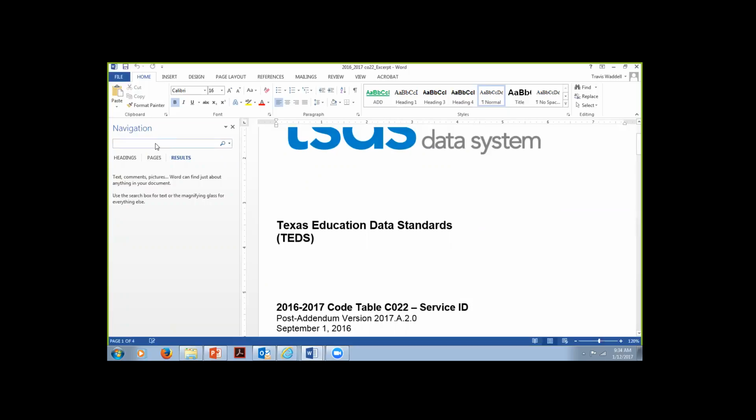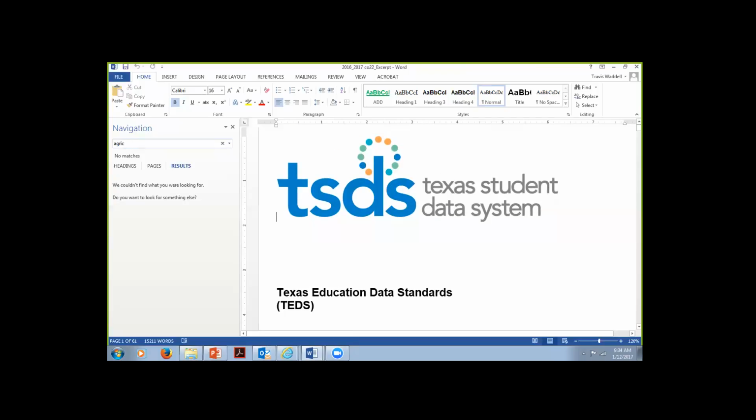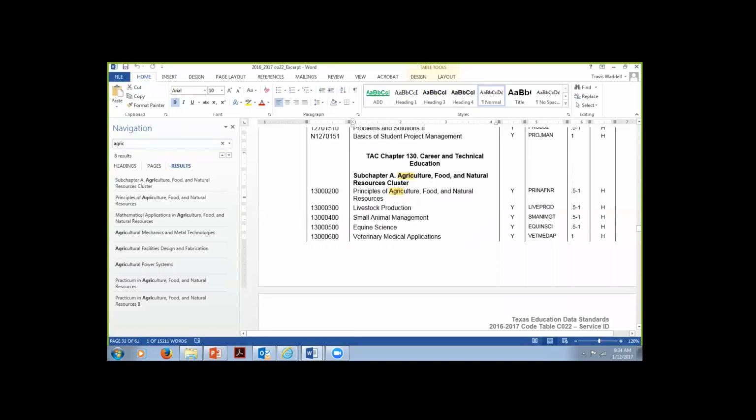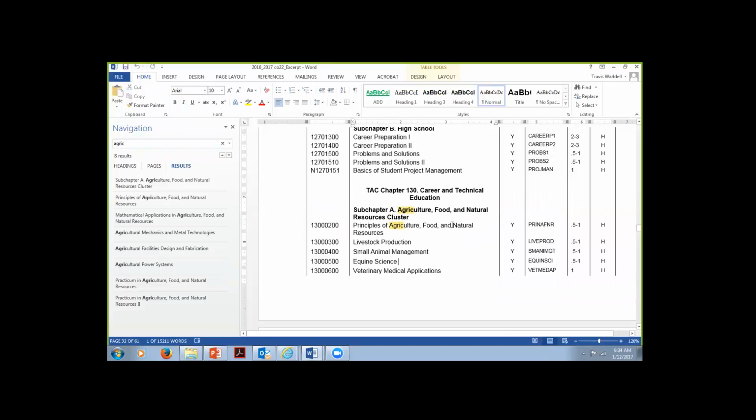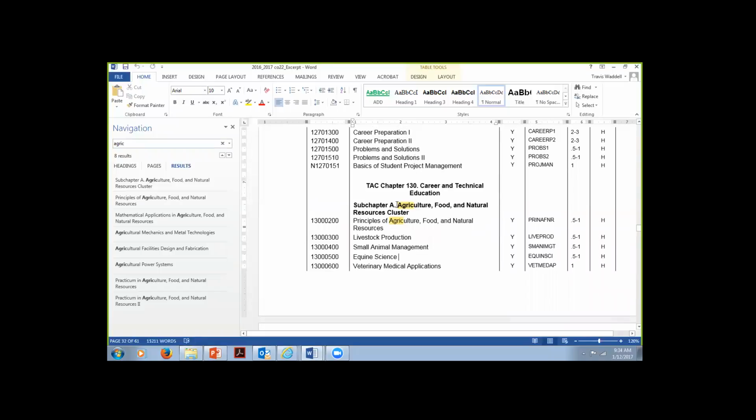Say we wanted a teacher that was going to teach agriculture, we were wanting to teach an agriculture class, for lack of a better term. So if we wanted to teach principles of agriculture, food, and natural resources, the reason I like to use the CO22 is it tells me that it comes out of subchapter A. Now you might ask, why is that important? Well, when we come back over to this other document,